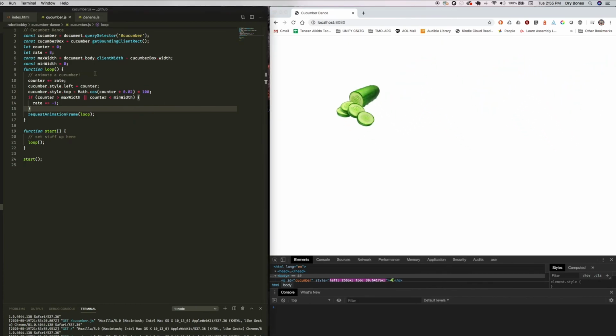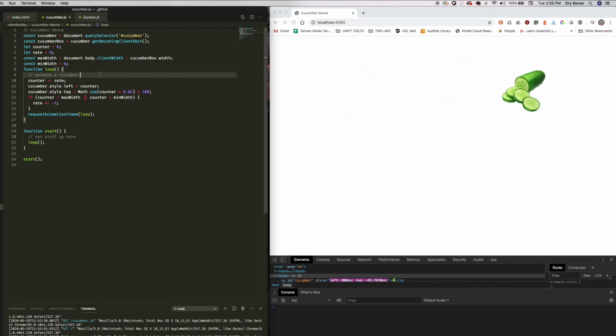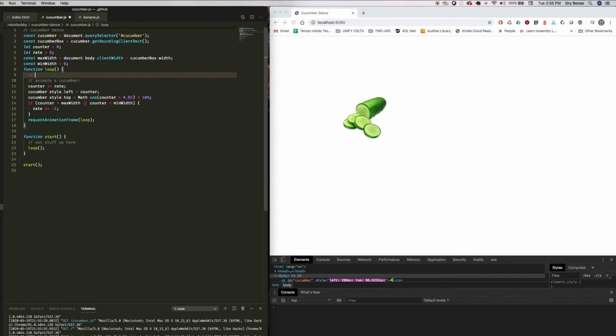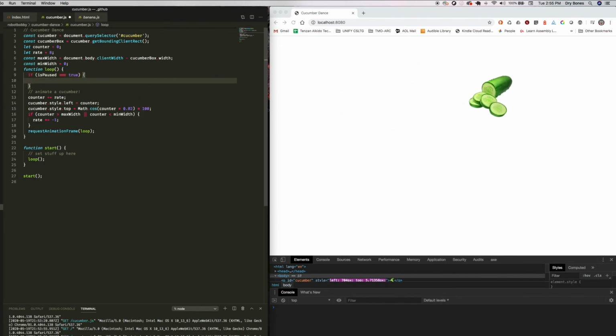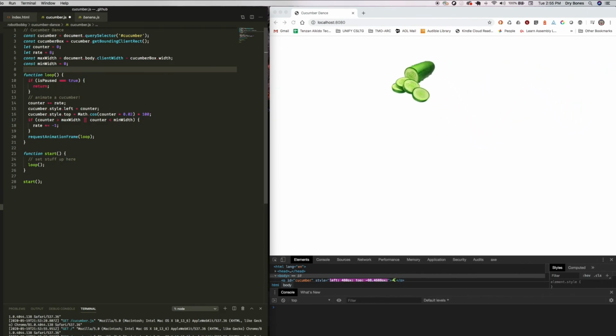That is about it for today. What we could do next time is add in a keyboard listener so that if the user hits the space bar or some other key, we can stop the animation. And then if the user taps the space bar again, we can resume. Or we could use any other control, like if the user clicks the screen or taps another keyboard key. But we're not going to do that today because I've got to go